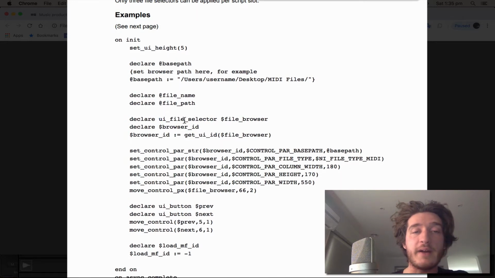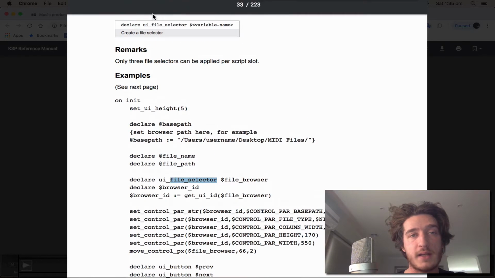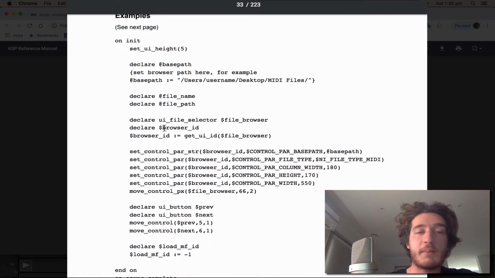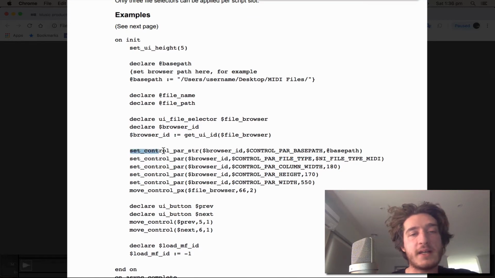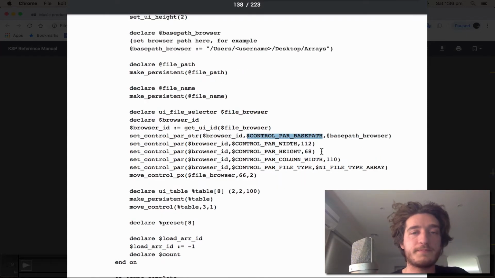From there, we declare a UI file selector called file browser. The file selector is actually what we're going to be playing with today, as you can see there, UI file selector. And we declare a browser ID. The reason we need a browser ID is so that we can pass the information from the file browser. We get the UI ID of it for the browser ID for these controls later: control parameter file type, column width, height, width. So from there, we set the control parameter in a string to the browser ID, which we've just assigned from the file browser UI ID, to the control parameter base path, which if we look that up real quick,